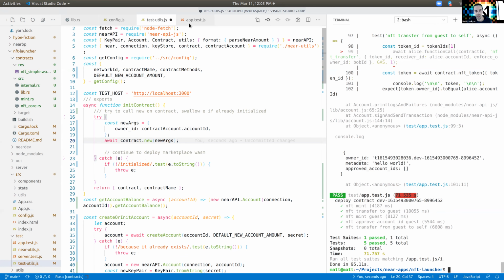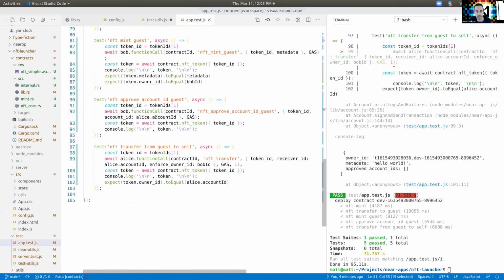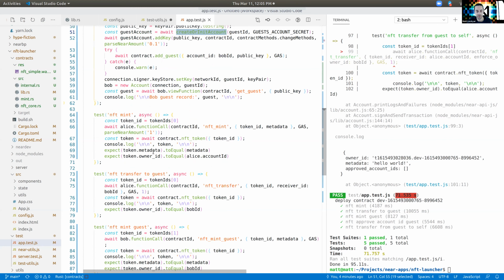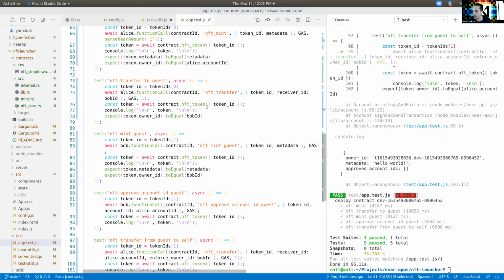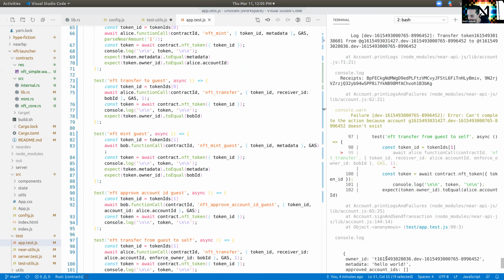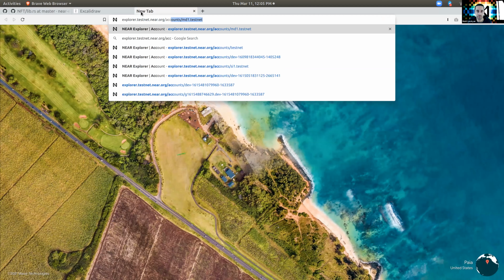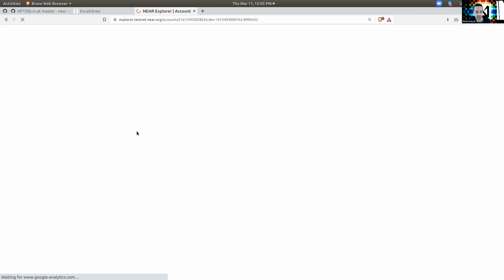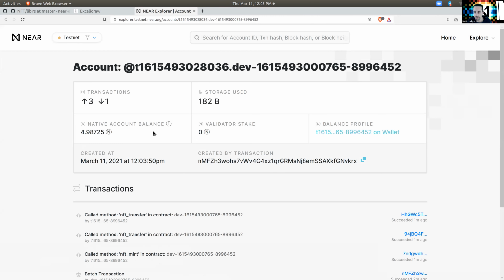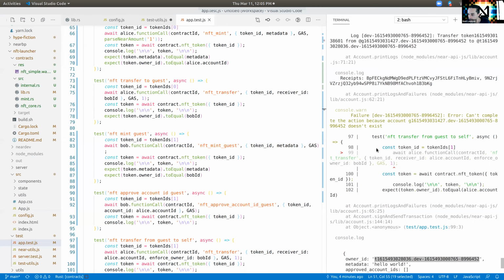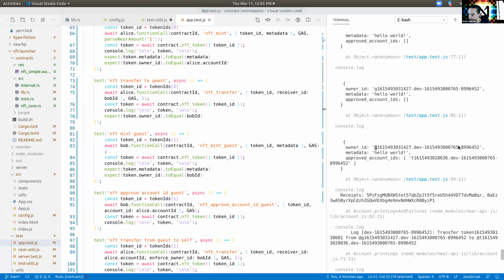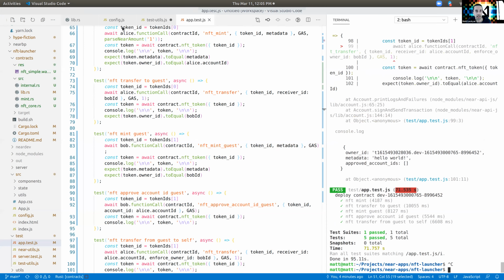Okay, so all the tests have passed so far. Basically we were able to mint an NFT and transfer it to a guest who has no NEAR. And by the way, here's Bob. This is just for fun. Alice actually exists. Alice is a real account. You can see the transactions and you can see the NEAR balance. But if we grab Bob's guest ID, the G something something ID,